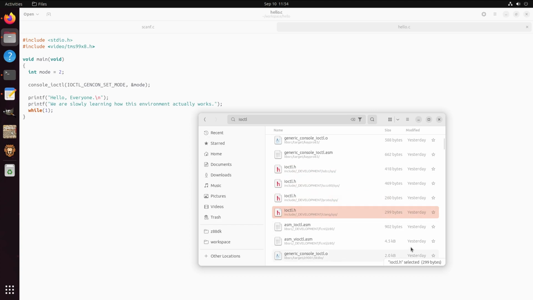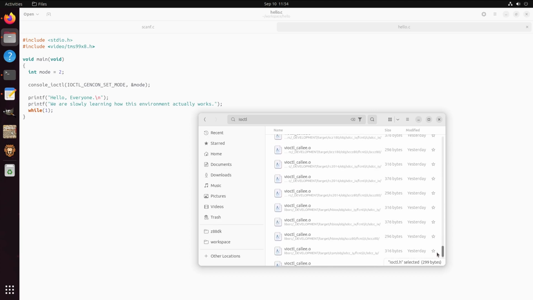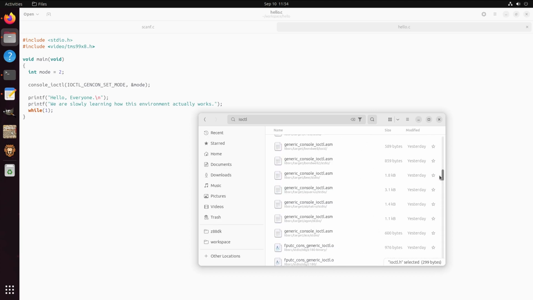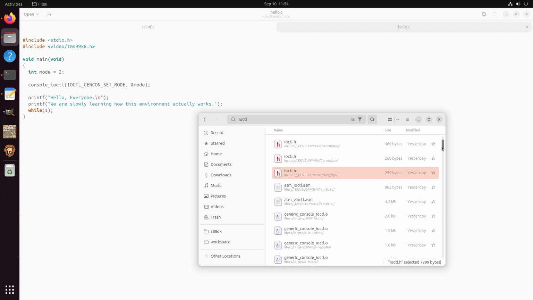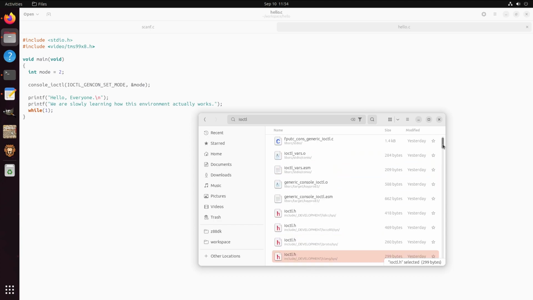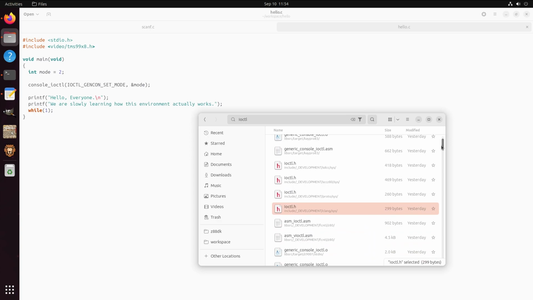IOCTL sys. We actually have something that's useful here. Generic console IOCTL, and probably what we're looking for here is IOCTL.h, and this is in sys, and there's